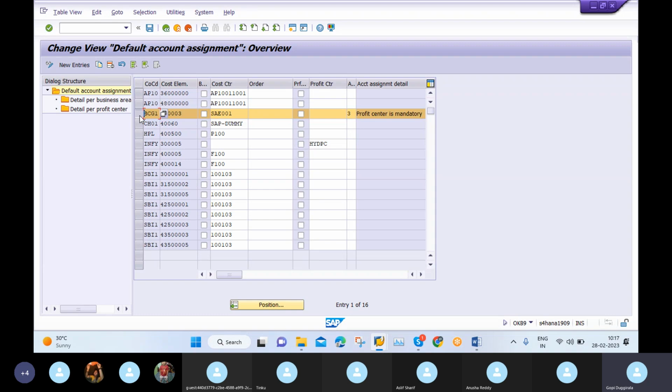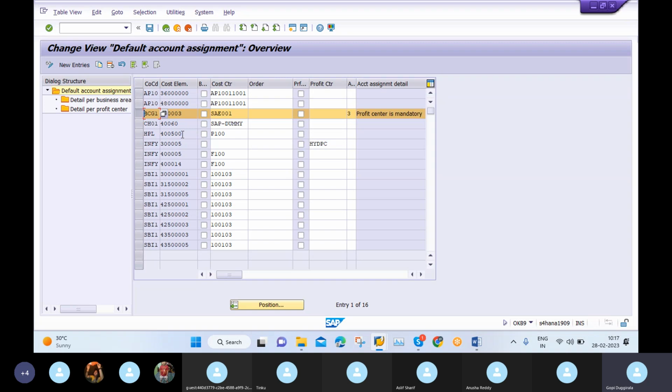I received n number of incidents regarding this settings. Daily in my support project, I received n number of incidents. Even I think last batch or earlier batch also I showed you very clearly. OKB9 we are doing with the help of LSMW. We maintained, I think, 600 entries, right? So those we maintained in my